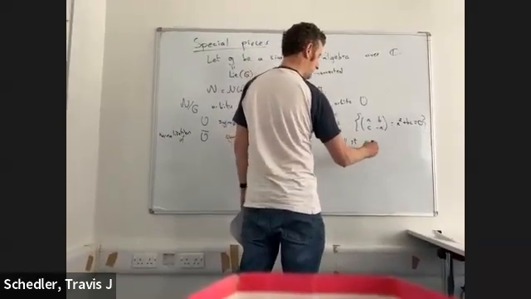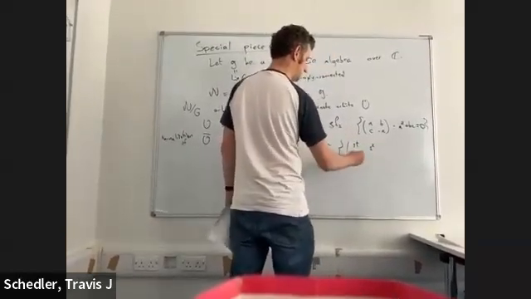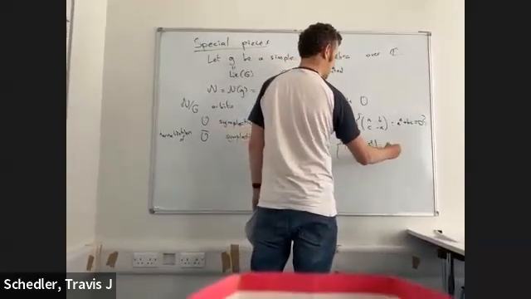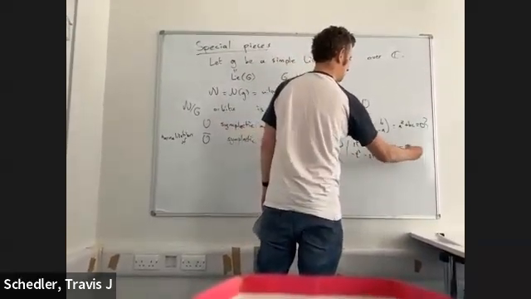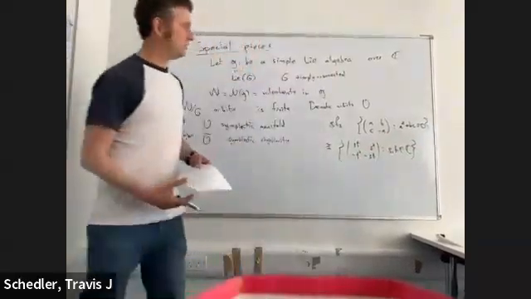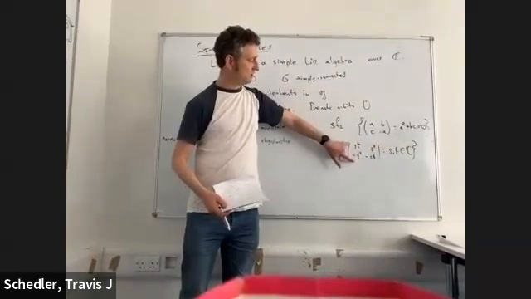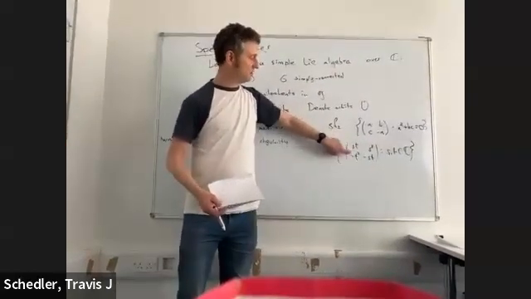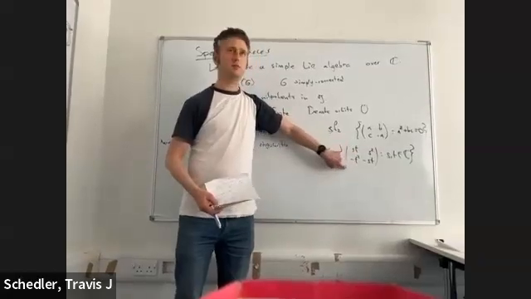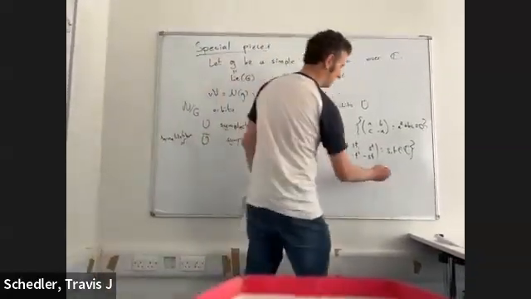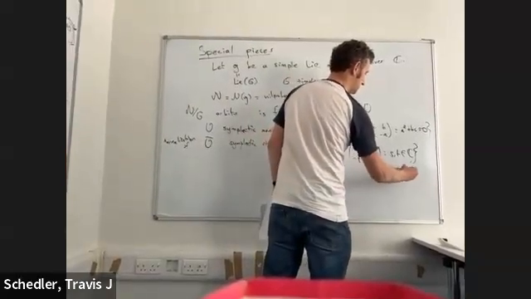Just to give you some idea of what's happening: S squared, S minus T squared, minus ST. So the coordinate ring of this nilpotent cone, you can think of it as being generated by these quadratic polynomials S squared, ST, and T squared. So this is the same thing as C2 over